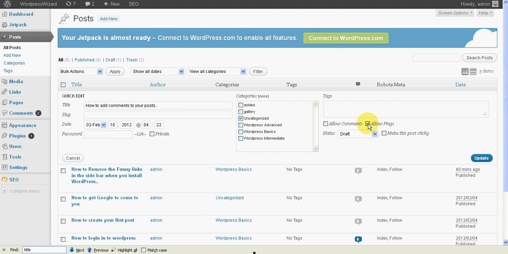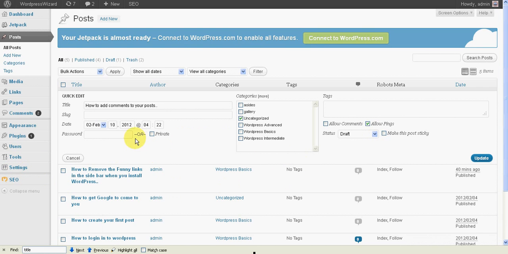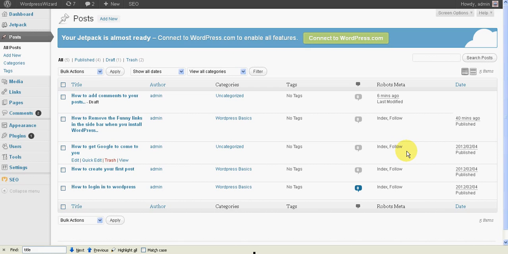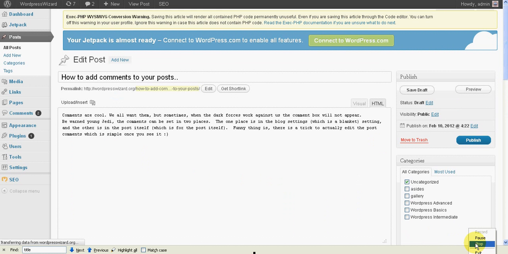So if you're at your wit's end and you can't figure out how to get comments on a specific page, just follow those two simple things. Check that your comment is enabled under the settings, under discussion, and then go into the actual post itself, click on quick edit, and make sure that that little button is indeed active, and then you just click on update, and that saves it. Now I'm going to quickly go in and edit this post and post it so that you